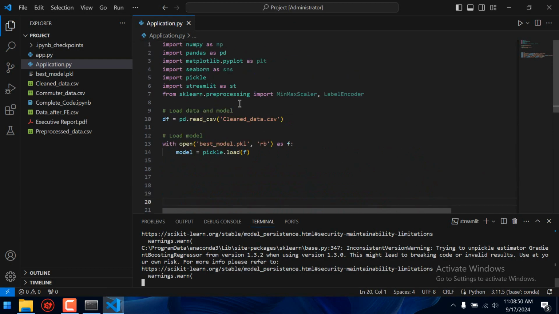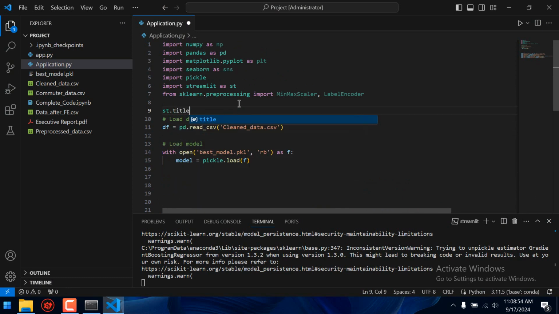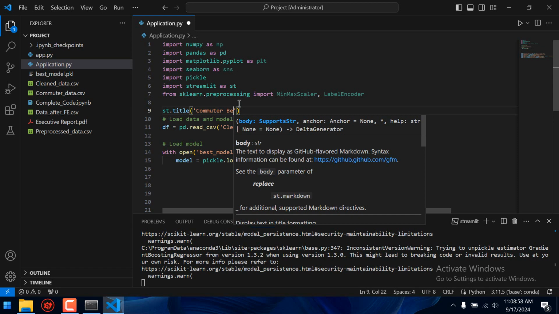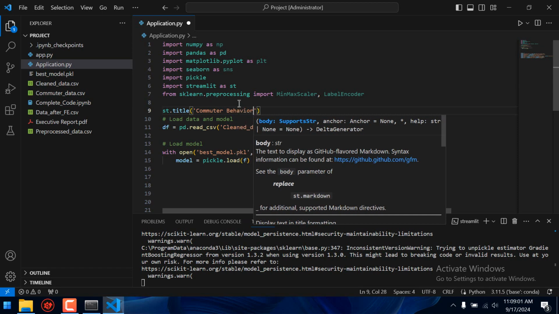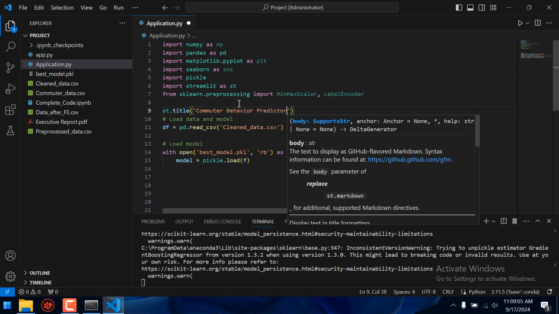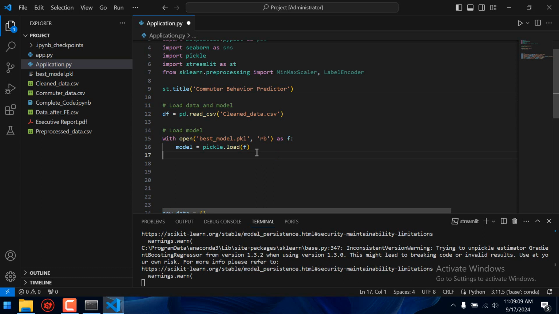But before that, I want to create a title here which will be commuter behavior predictor. If you don't know about this project, then you should watch how to select the best model for the training. Here I explained all the things about the data set. But I will explain in a short manner that it's actually 8 columns. These columns are used for the traffic prediction. So this project will be useful when it comes to traffic here.